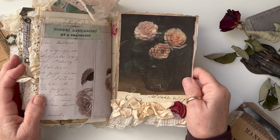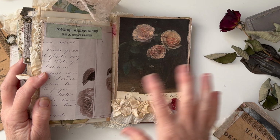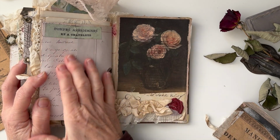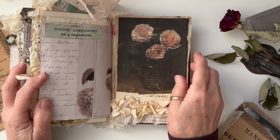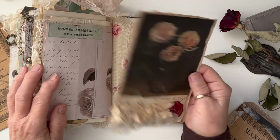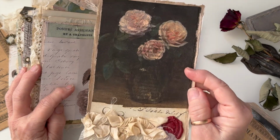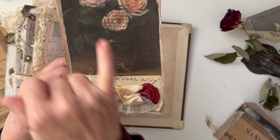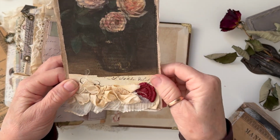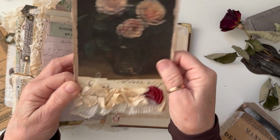And this is a card that I've made. I first started off with the idea in my head that I was going to print the digitals onto the book pages, and I had a little play with that, but I was really struggling with getting the sizing right, and I wasn't happy with it. So this is one of those. I think you can see the writing through there. So that's printed onto the actual 100-year-old book page,